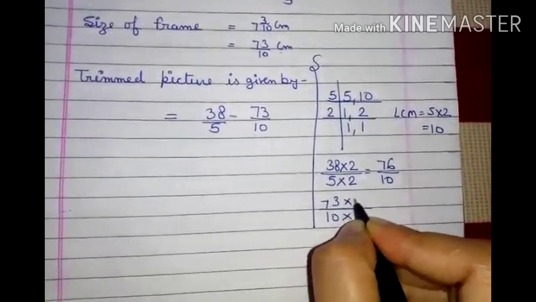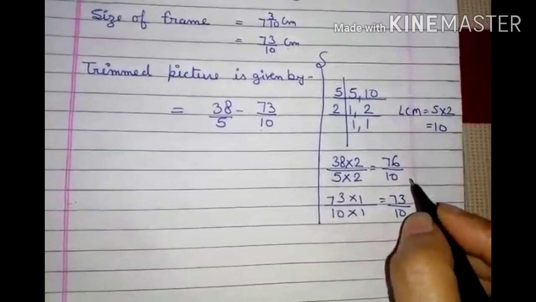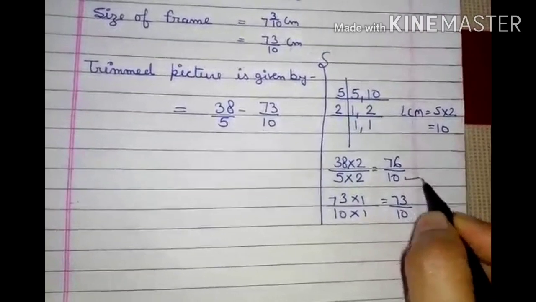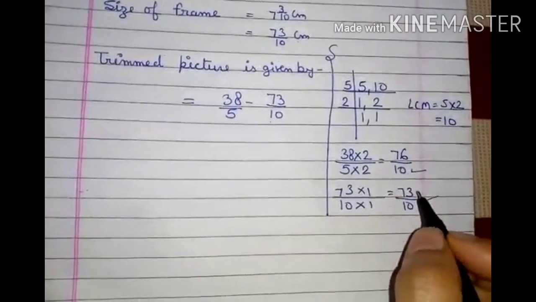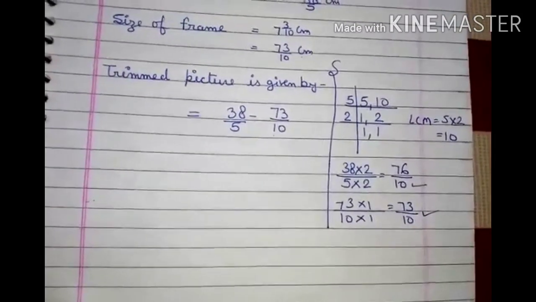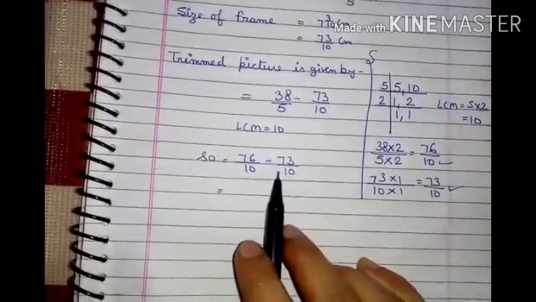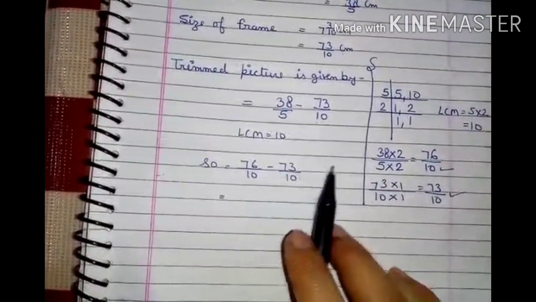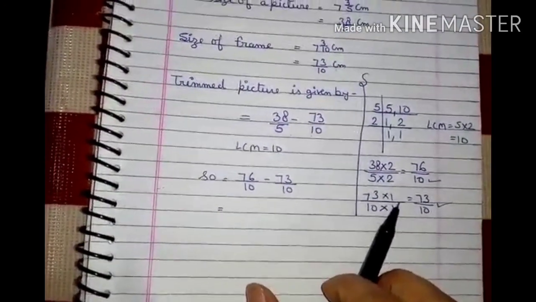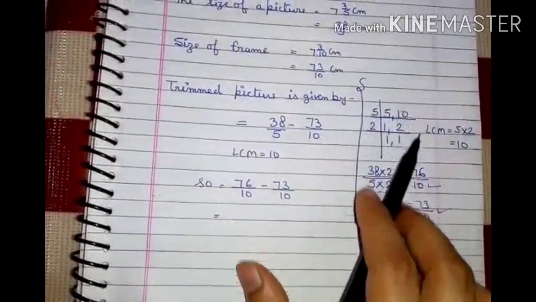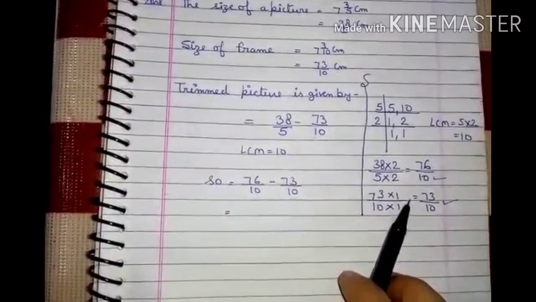it is already having 10 in the denominator, so I can multiply with the 1, because if we are multiplying with the 1, it will not change. Now 76/10 and 73/10. Now we have made the denominators the same. Now we can subtract them easily. Students, both the numbers I have written here. Remember one thing, if you are doing this thing in the rough column, please show the rough column in your copy. Like I have made here a rough column, I am not erasing this rough column. So please you also make this rough column.